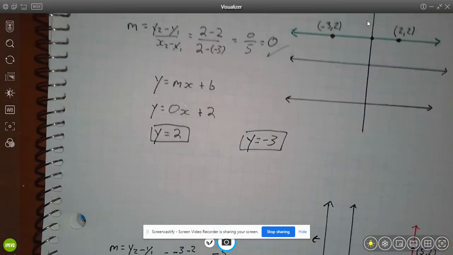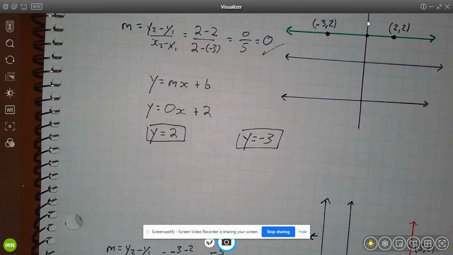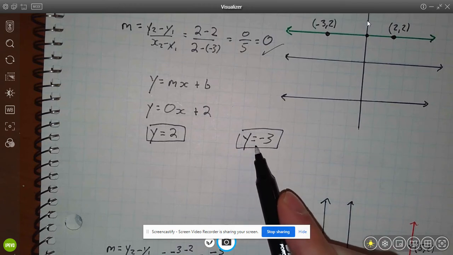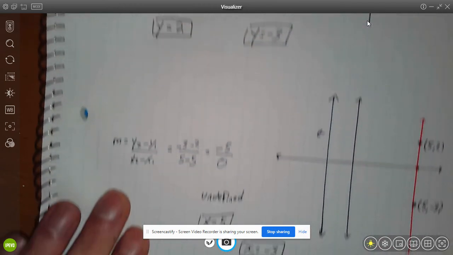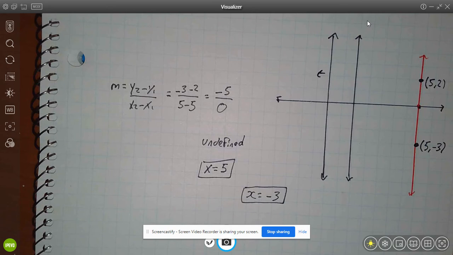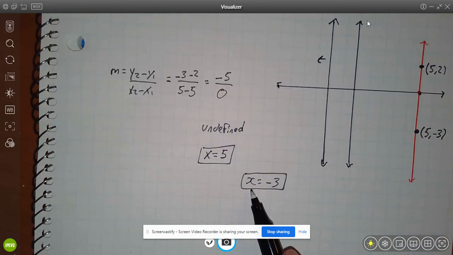So our horizontal lines always have a slope of 0 and always have an equation that's of the form y equals some constant. But the vertical line has an undefined slope. M is undefined. There actually is no b, there is no y-intercept. So the equation of my line has to be x equals whatever x is always equal to for that vertical line. So those are kind of the two special cases where we don't write the equations y equals mx plus b,